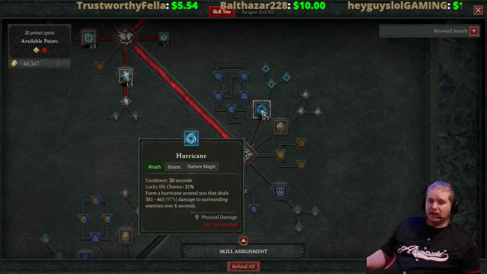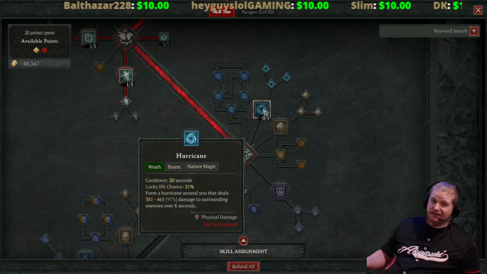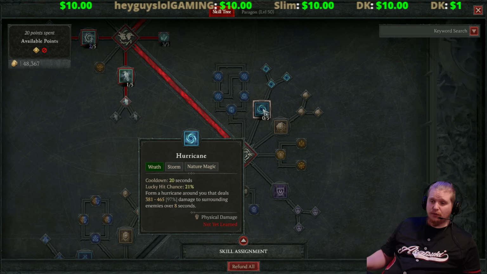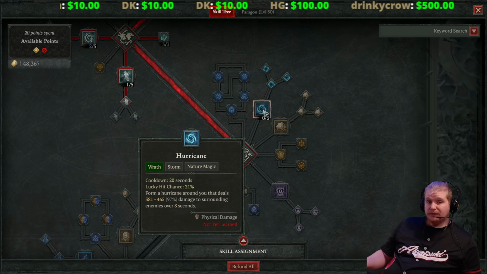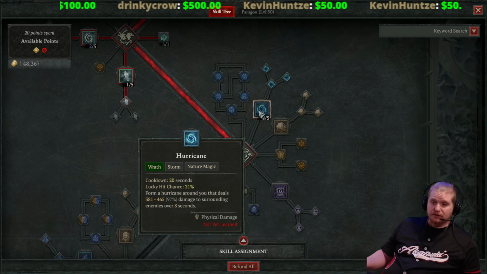And we also have Hurricane, which is on a cooldown of 20 seconds and lasts for 8, so you can't keep it up all the time, which is a little disappointing. But it basically just hits every target around you. It could be useful for a melee character or a caster because technically you're in there fighting. So if you're using Hurricane on a regular basis, then it's going to just hit all the targets around you